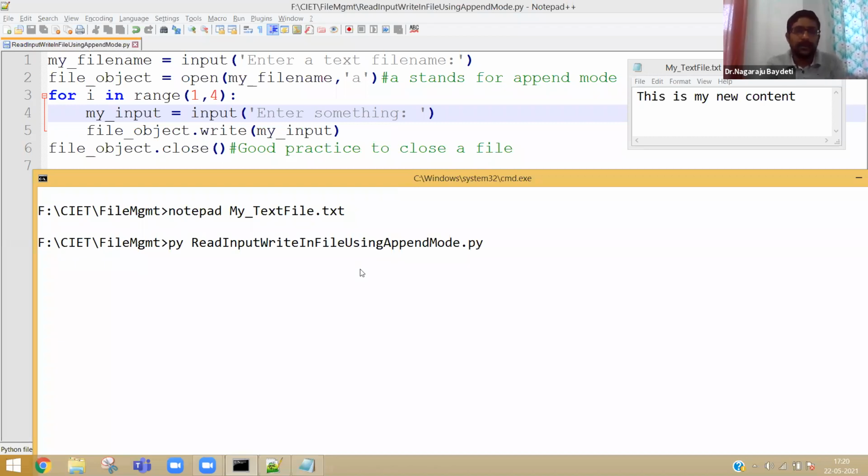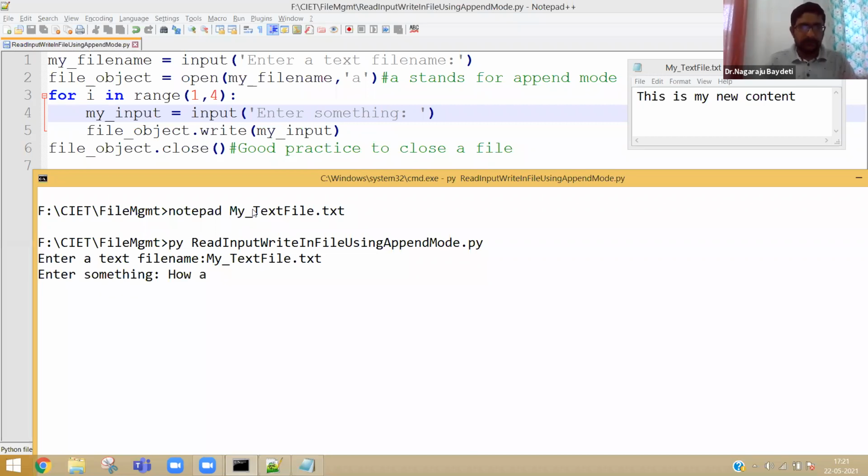Now I am executing read input write in file using append mode.py. Now it will ask a file name. Let me give the file name. Enter something, for example, how are you?